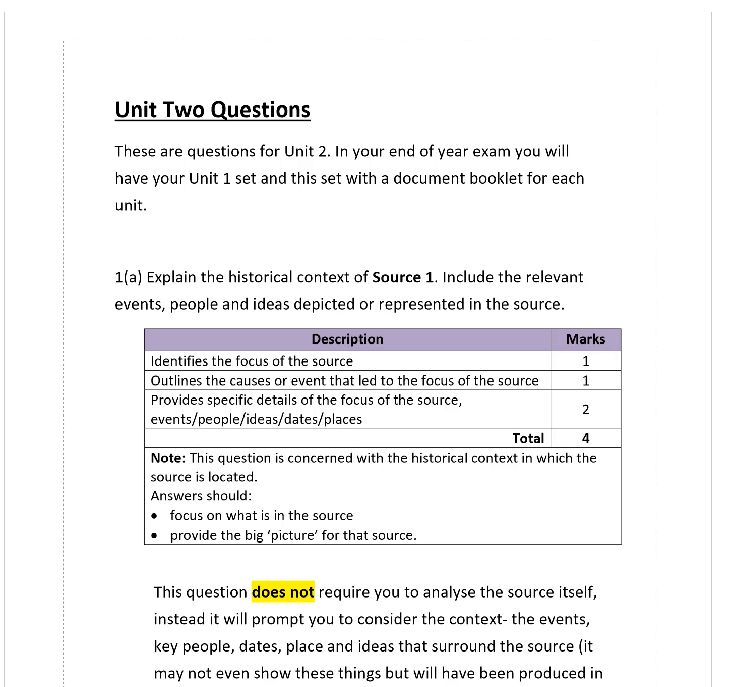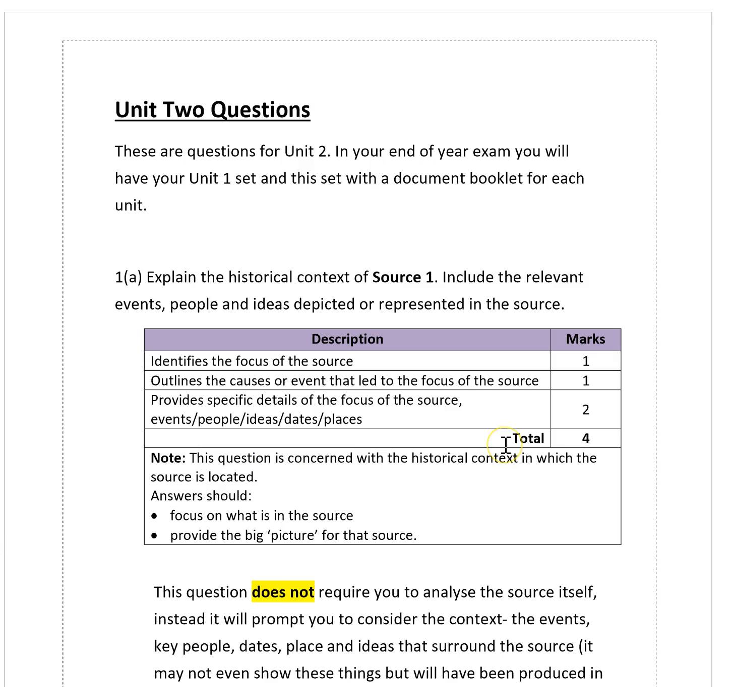In the exam, the document set that relates to capitalism in America will have the Unit 1 set of questions, and the document set that relates to Nazism in Germany will have these questions. So it's very important that you understand what is required. Okay, so 1A. Explain the historical course of source 1